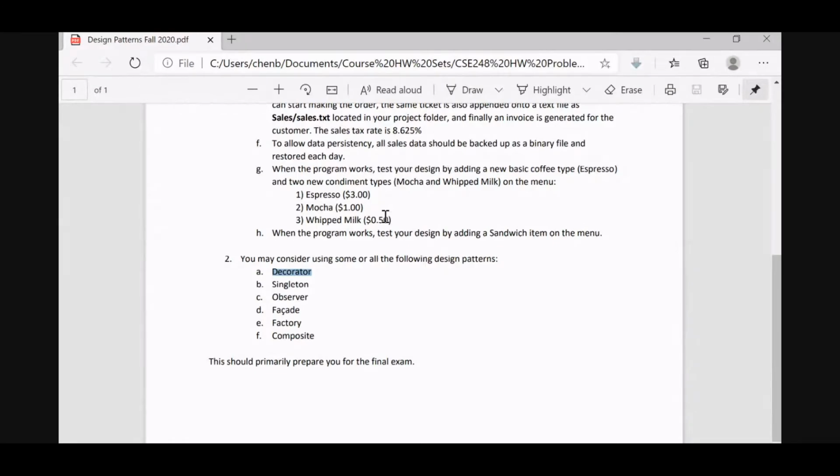I'm sorry, I didn't hear your question. They're not going to be able to update the price from the GUI, right? It's just going to be from the file. Yeah, that part you can just add a price on the file if you want. You don't have to update the GUI. But if you have the time, have an interface,